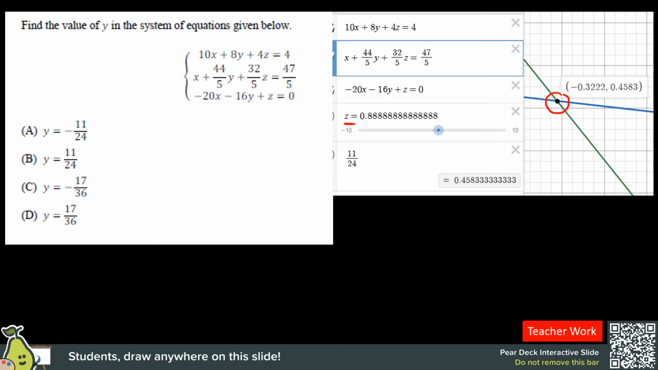When this happens, we get that z equals 0.888888, and it goes on forever. When we do this, we know that we get our x and our y values. And so I got a y value of 0.4583. That did give me a fraction, and I kept putting that in. It wasn't exact. So what I did is I tried all of these answer choices here, and negative 11 over 24 was equal to negative